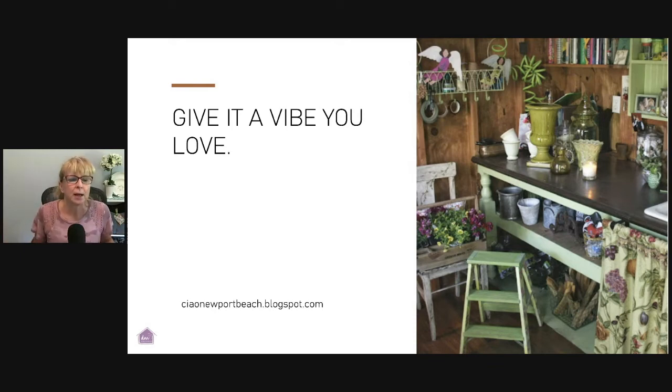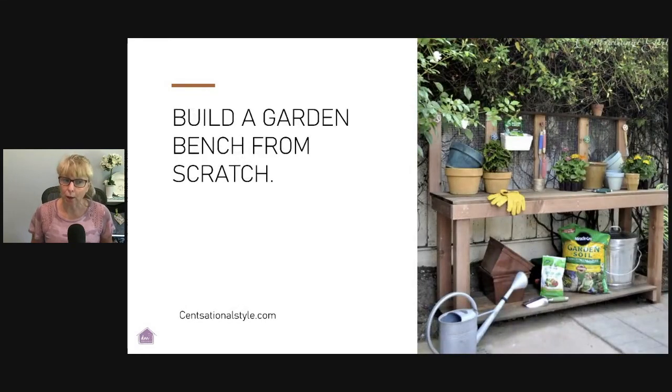And this is from sionwportbeach.blogspot.com. Build a garden bench from scratch. If you don't have access to pallets and you want something that's a little more sturdy, then start from scratch. Buy yourself some wood, make yourself a bench, give it a shelf on the bottom for storage, and then put on a back where you can hang things, other tools and items that you need. This is from